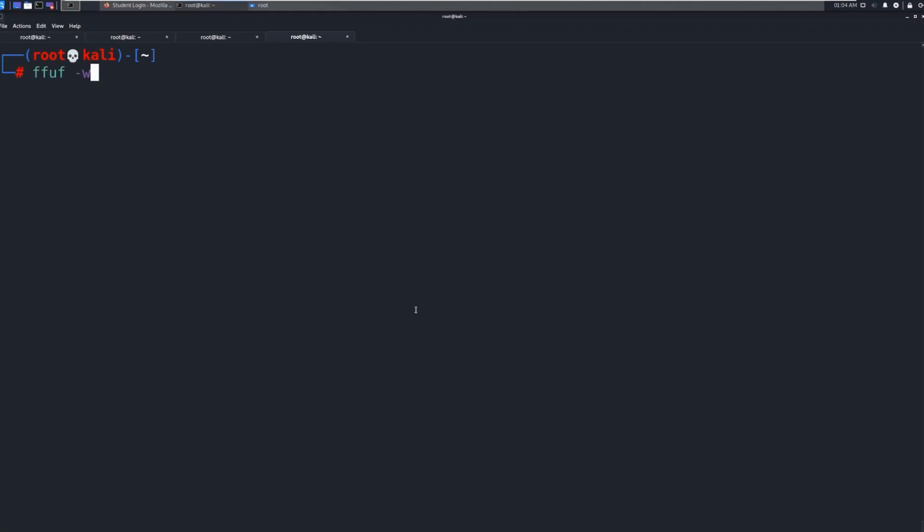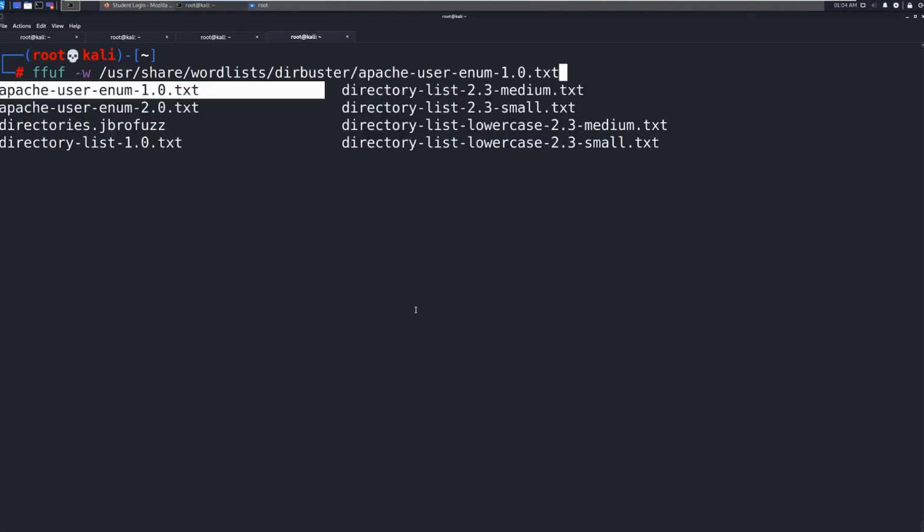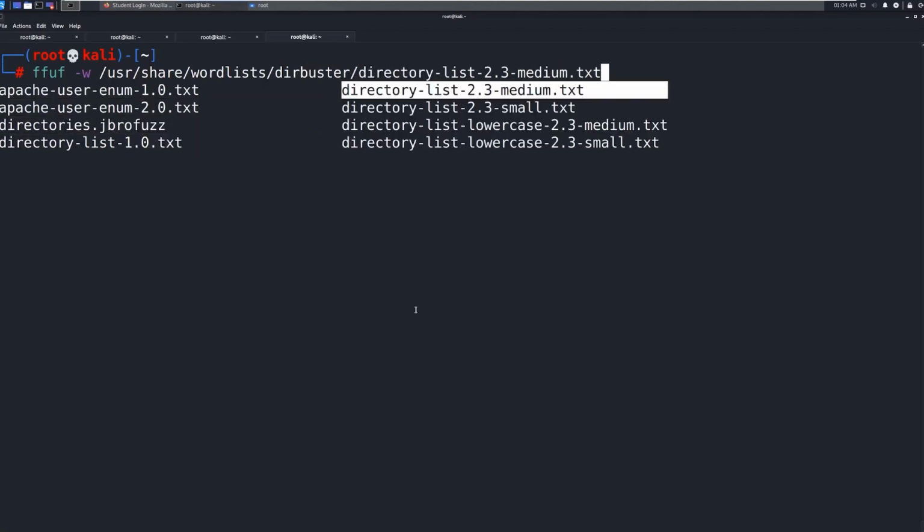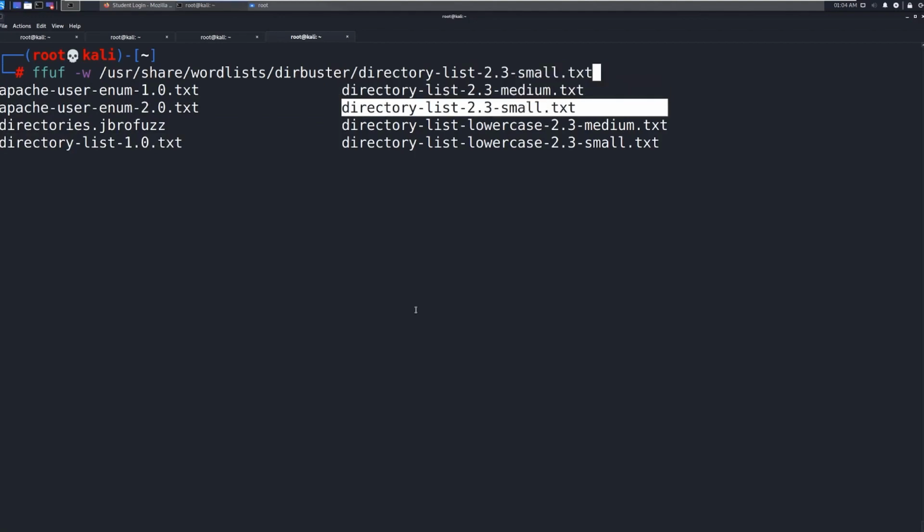Do a -w, that is for word list. And your word list should be in /usr/share/wordlists. And we can do dirbuster, that's fine. This is where all the word lists are. And then I just like to double tab or tab around, and we're going to use the medium word list. That's my go-to for most cases. We could use the lowercase if we wanted to. I think either are fine. Okay. From here, we're going to go ahead and